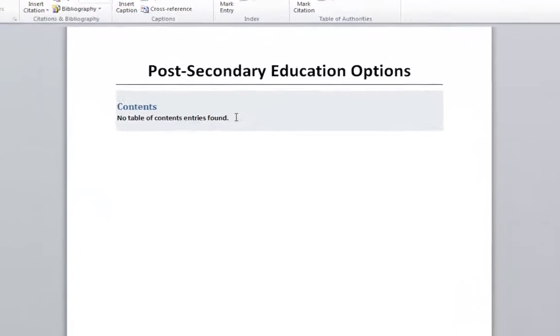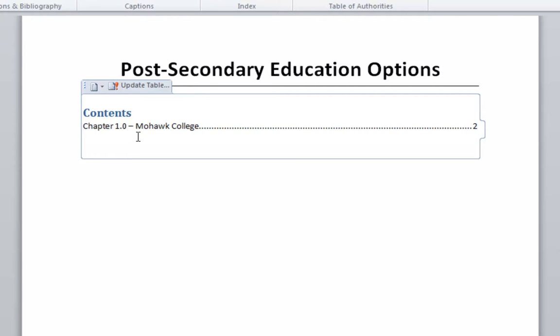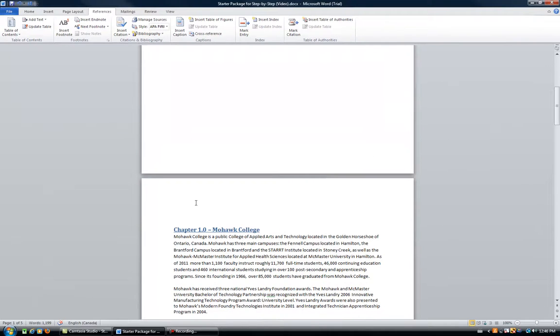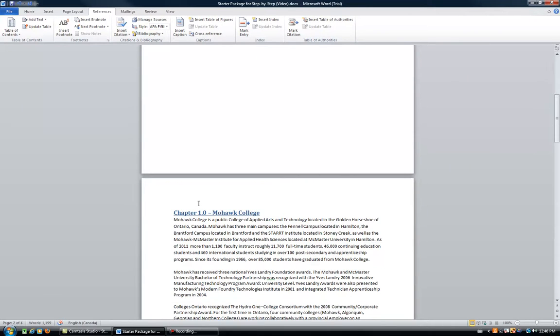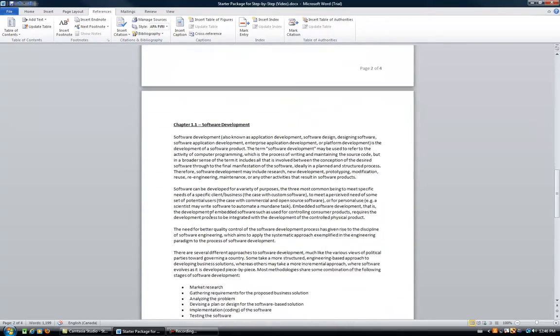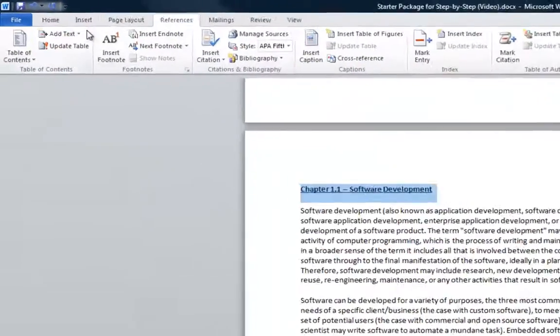If we scroll back up and select Update Table, we'll see Chapter 1.0 is now on the table of contents, as well as the page number. If we scroll back down, we'll see another gap has been created, and we simply get rid of that gap and continue scrolling down. Now we can highlight the Chapter 1.1 heading, and once again under the References tab,